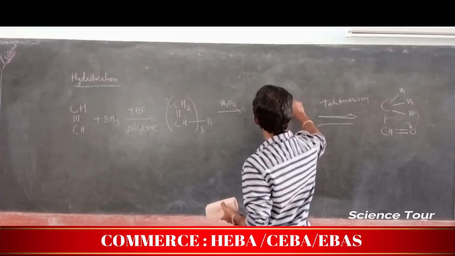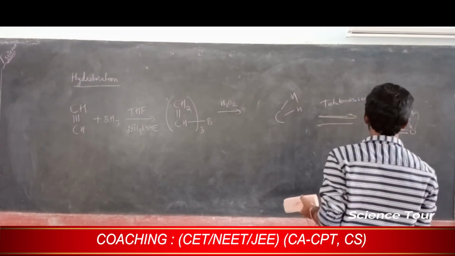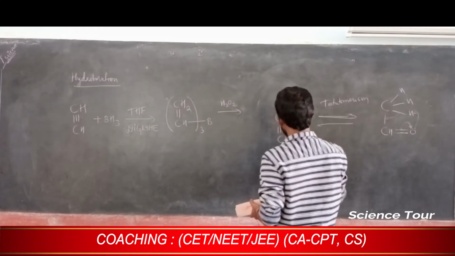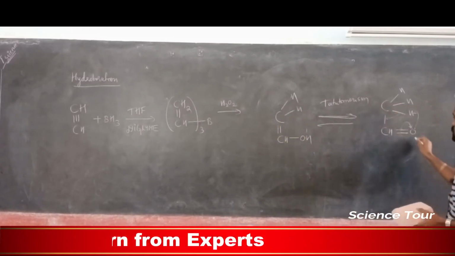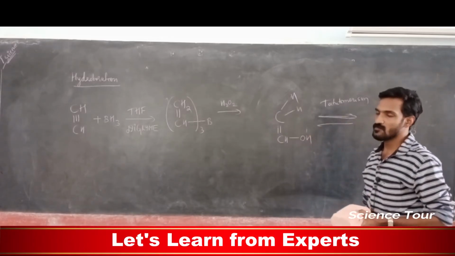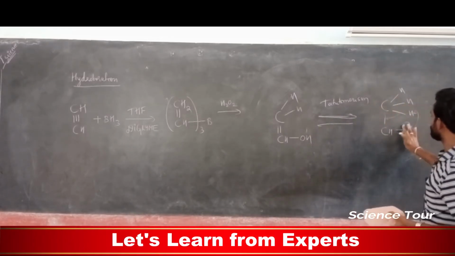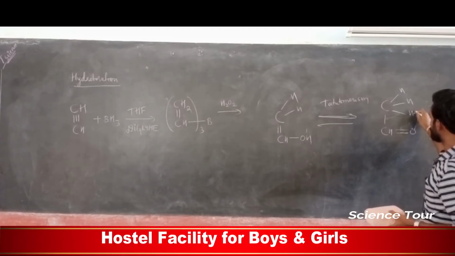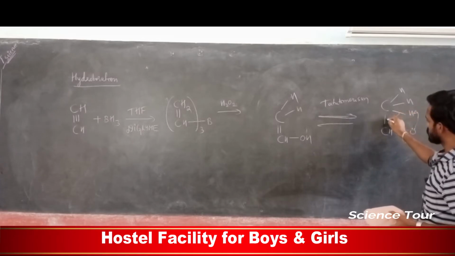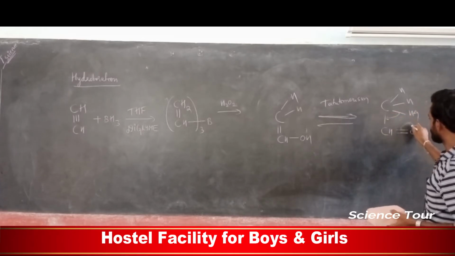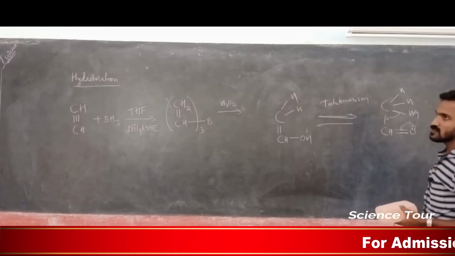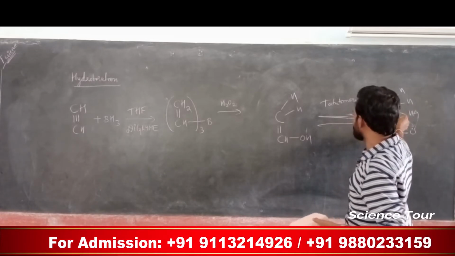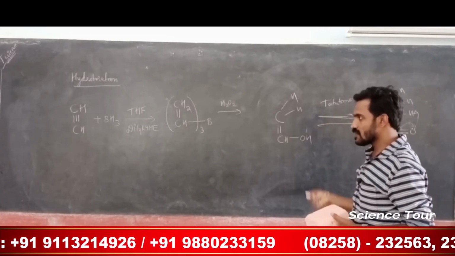CH double bond CHOH. So you can change from ketone form to enol form, both are possible. So the electrons of this particular oxygen will go and attack one of the hydrogens, and this bond breaks and comes here, and this bond comes out to neutralize this particular charge. Understood? The lone pair of electrons is used. The same reaction, see, if you reverse the reaction, you will get this one, and you can reverse the reaction.